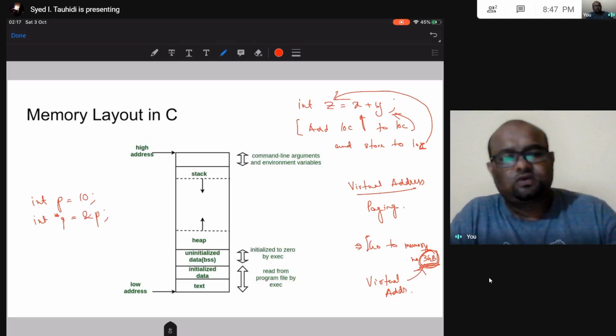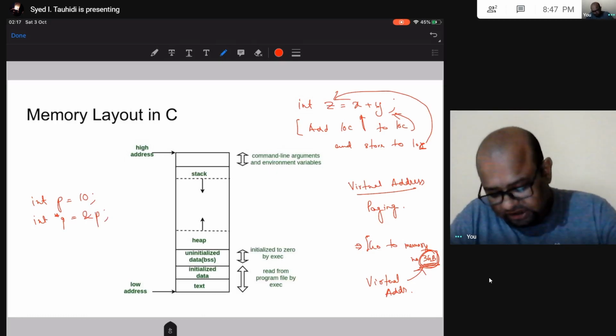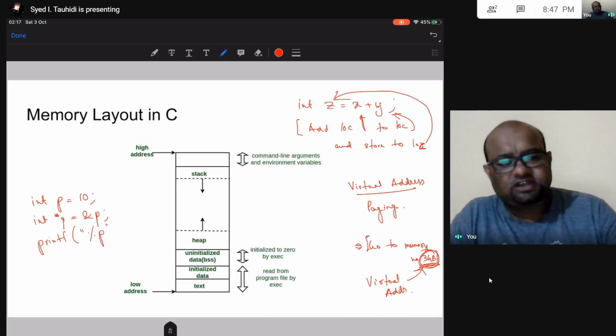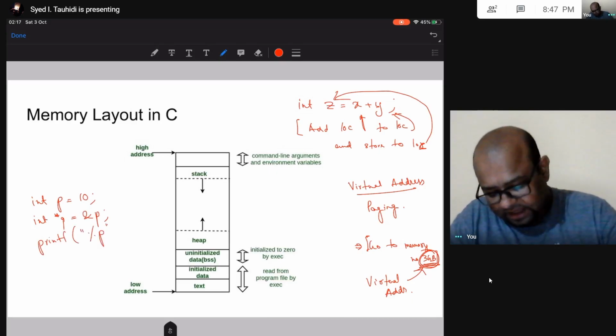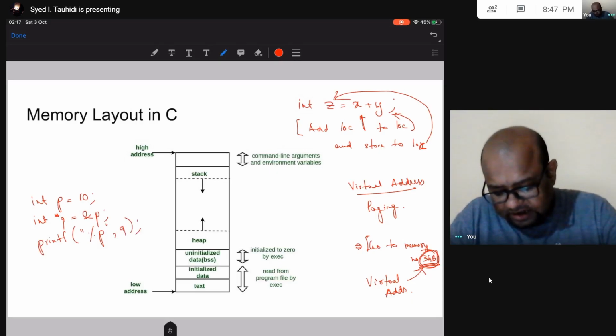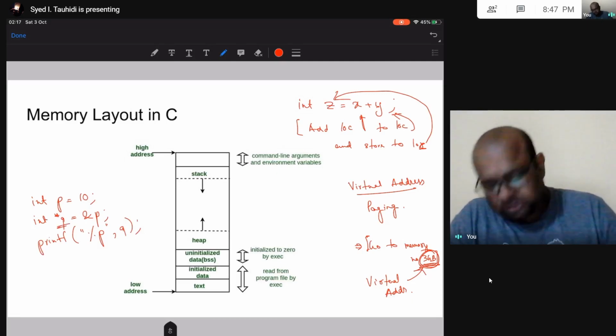Now what I can do is I can print this address, right? So I can use printf, and I will write print this address in this pointer, and then I write q. Okay, this will print the address that is there in q, that is it will print the address of p, right?